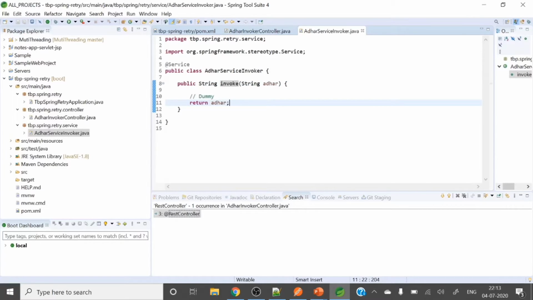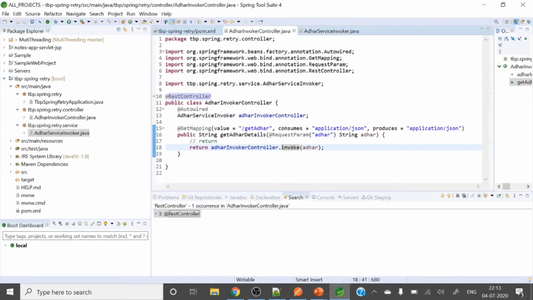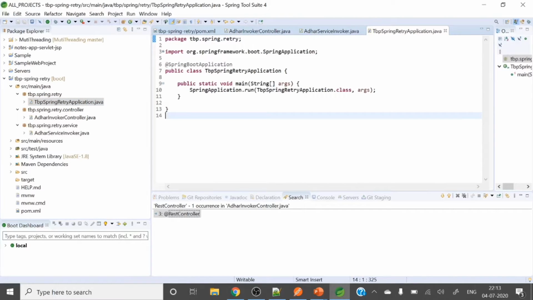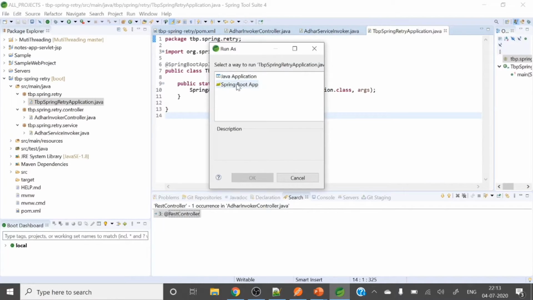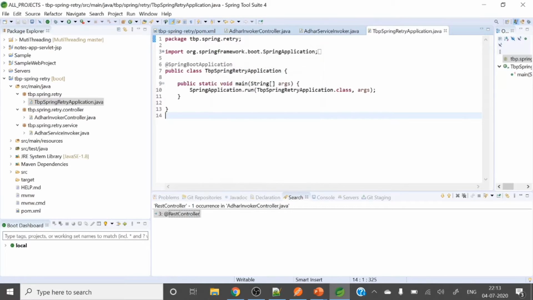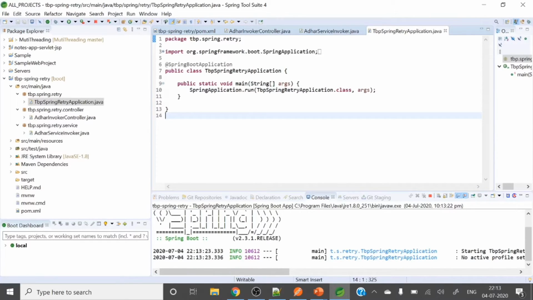Let's try with this one first, then we'll implement the Spring Retry. Let's go to the application and run. It will run on 8080. The Spring banner is coming.